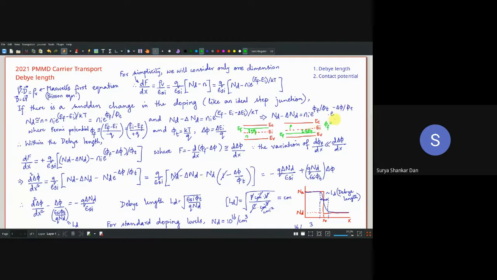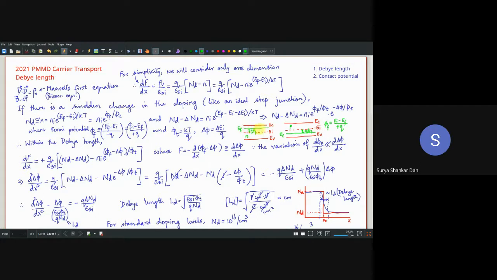Whichever is larger will come first, EI minus EF, divided by the charge of the majority carriers. Remember, this theory which we are trying to arrive at is primarily oriented towards MOSFETs because that is the current technology, right? So EI minus EF divided by plus Q because we are speaking about the P type material. In case of N type material, what is the situation?